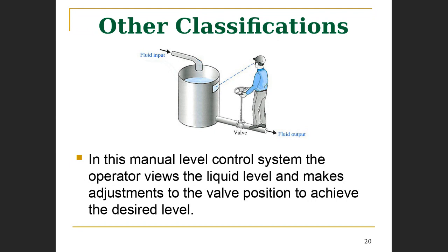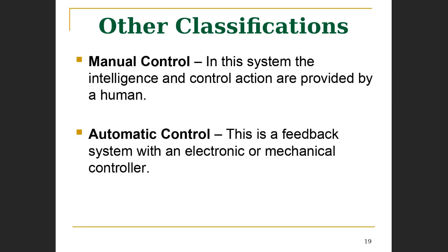Now, in a manual system, let me go back to the previous slide here. Right, so this is what I should be looking at. So we have yet another classification, manual and automatic. Now, in a manual control system, the intelligence is provided by a human being. It makes the intelligence and action, right? And control action is provided by a human being. Okay? Now, in automatic systems,